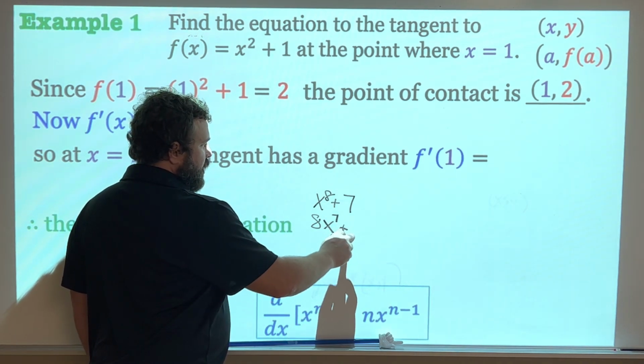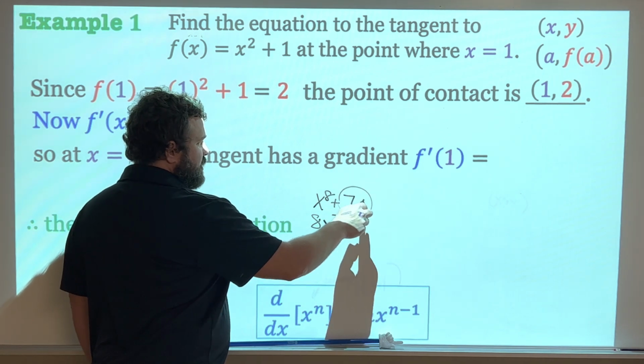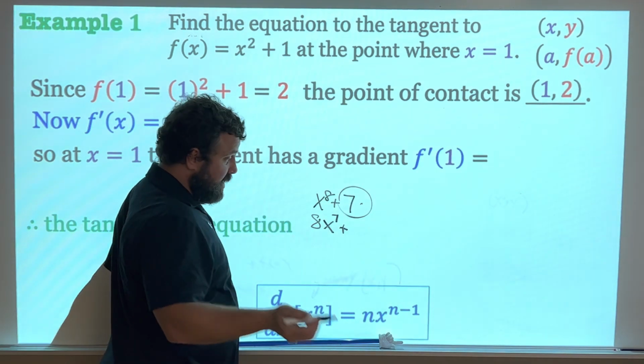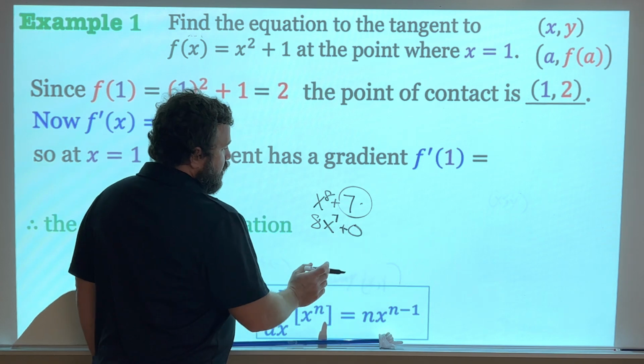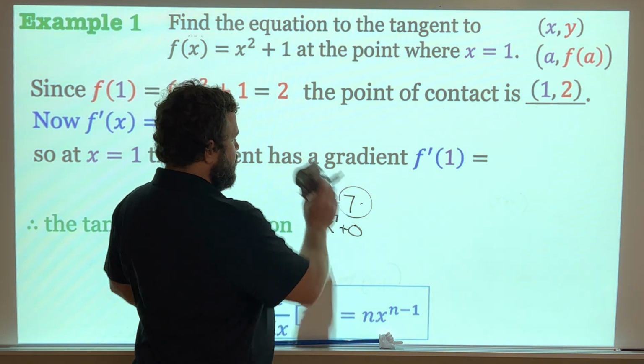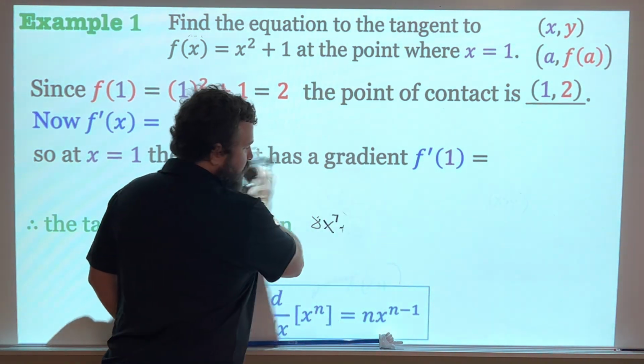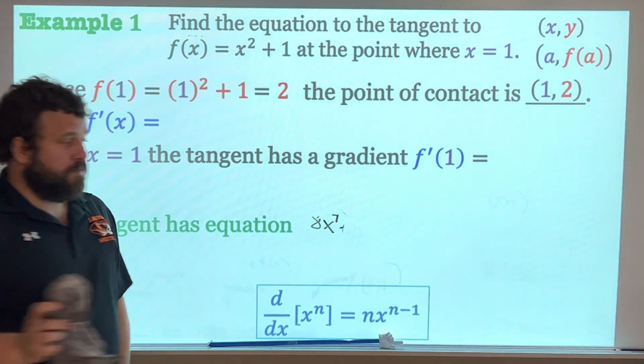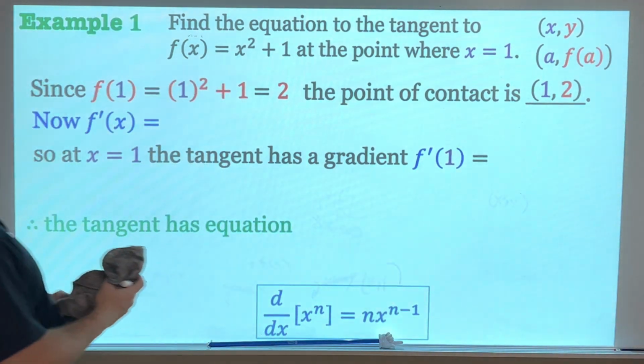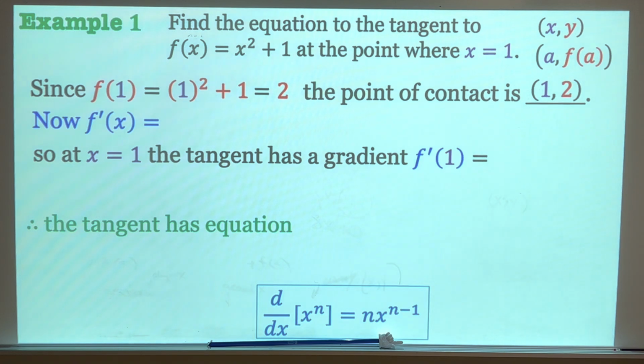which is 7. Plus, the derivative of any number that doesn't have a variable next to it, otherwise known as a constant, is just 0. So the derivative of x to the 8th plus 7 would just be 8x to the 7th. Nothing to do with this problem, just to remember. So, find the derivative now of